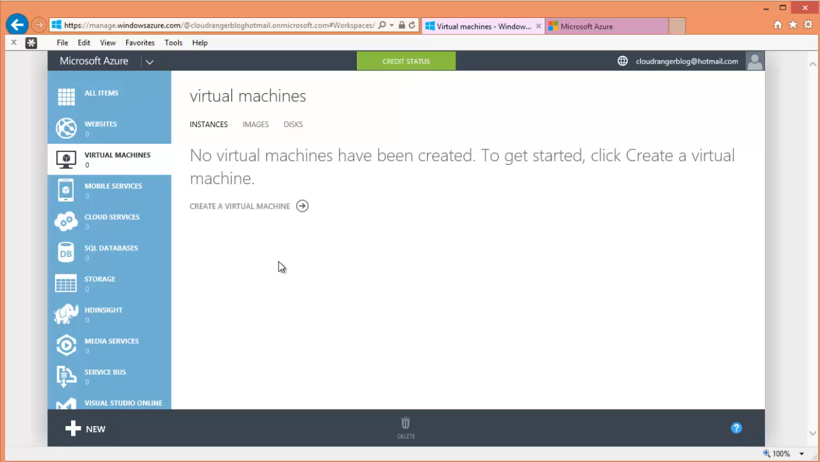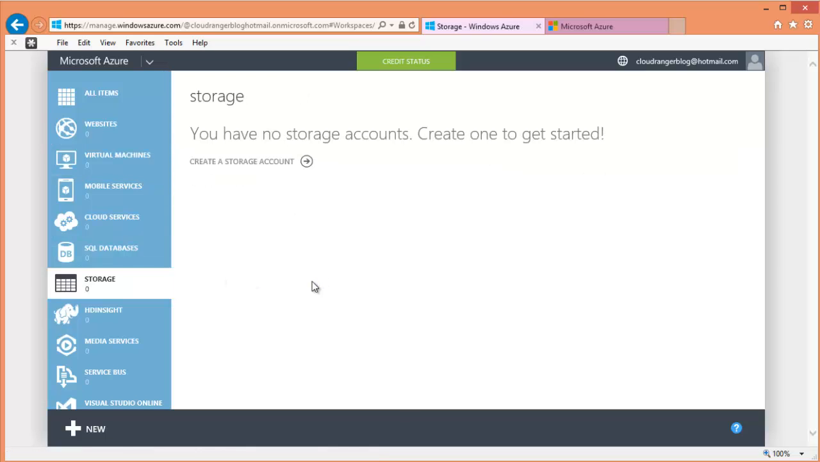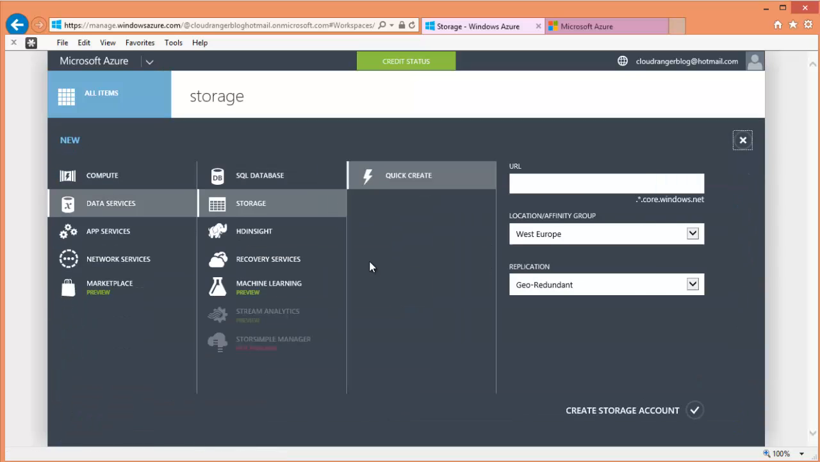Let's see what we can do here so I can sort of demonstrate everything we have done so far. Let's create a storage account. I'll talk about a storage account, like I said, in much more detail in a different session, but let's create a storage account so you can see how this is done. As you can see, it brought up that little wizard, if you must say. So let's put in a URL. So we'll just call it Cloud Ranger